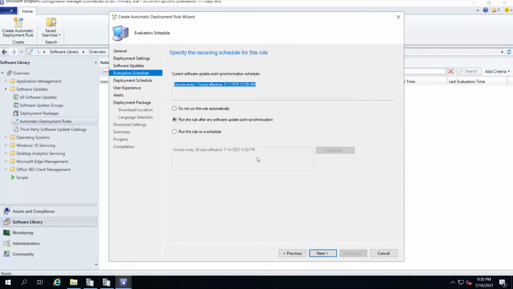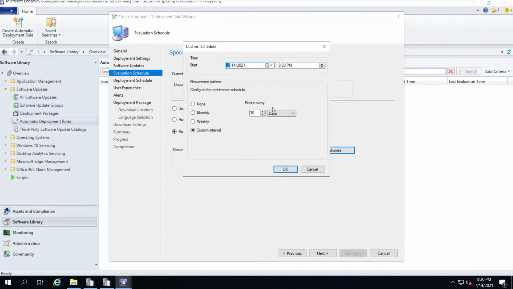The next screen now says occurs every 1 hour effective from 1970. So I don't want it to occur every 1 hour. I want to run the rule on a specific schedule. So I'll customize it, and here we have custom interval or monthly. In monthly we'll select the second Tuesday.